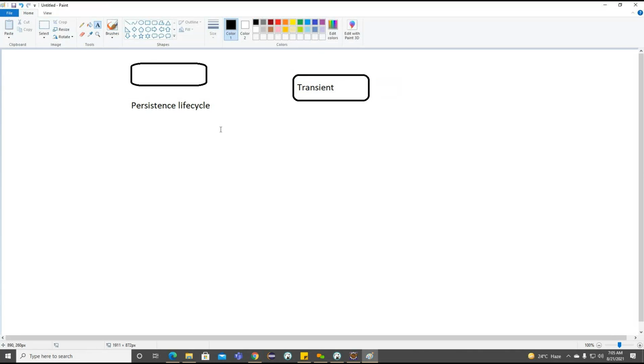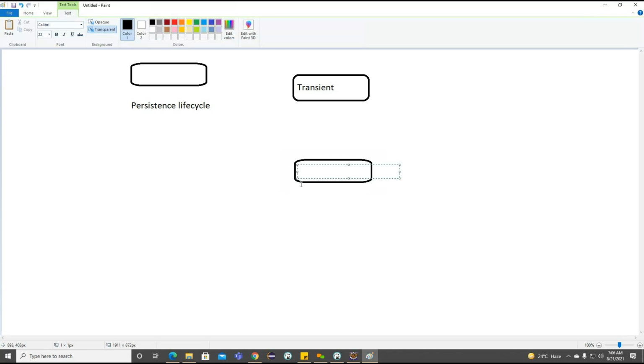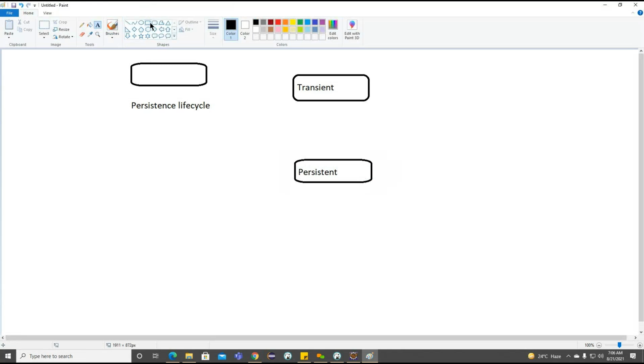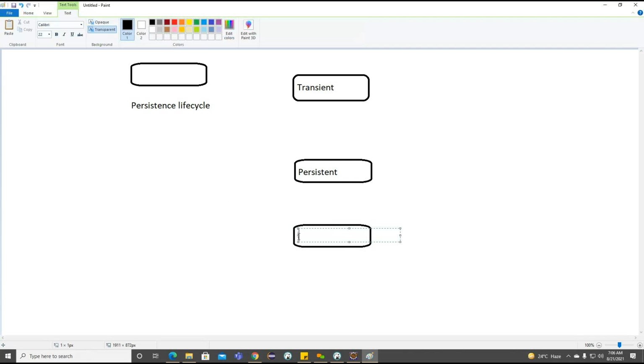So this is the first state in the life cycle, and the second one I'm trying to write here is called persistent. And the third one here we'll have is detached.